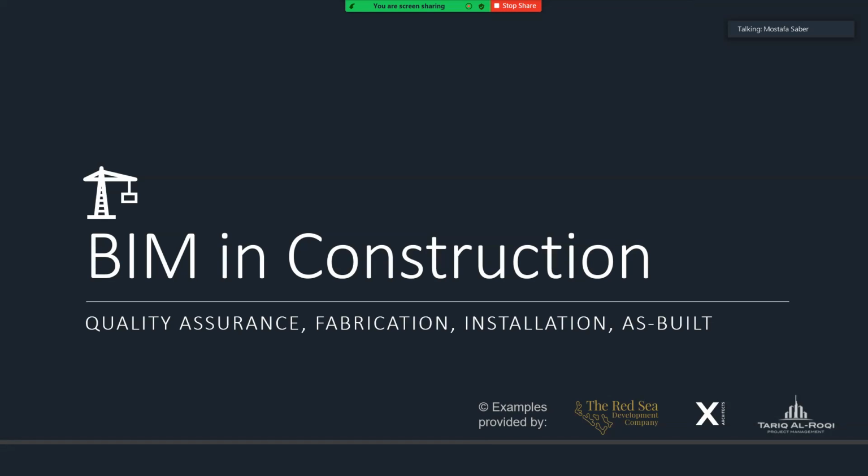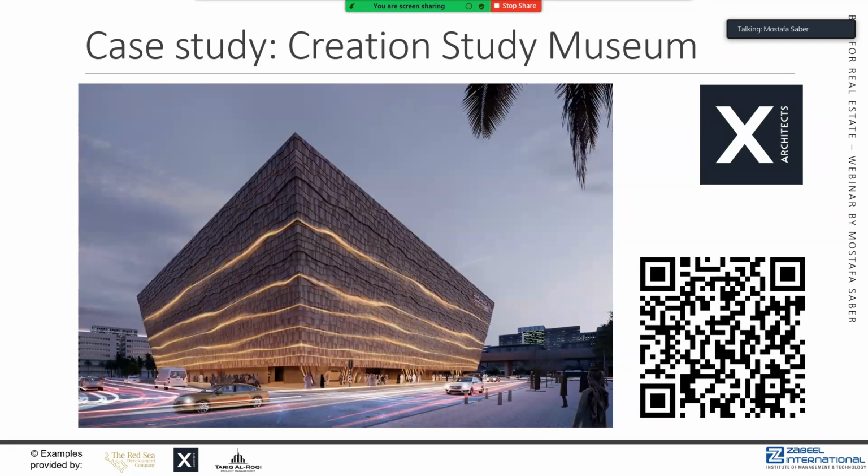Now let's go to BIM in construction. When we talk about BIM in construction, we're talking about quality assurance, we're talking about fabrication capabilities, how we're going to install things on site, and then extracting information for as-built models. And for that, I would like to show you the case study that we have for the Creation Study Museum, done also by ex-architects. The barcode at the right side has a link that will point you directly to the website of this project if you'd like to know more details about it. Now, moving forward